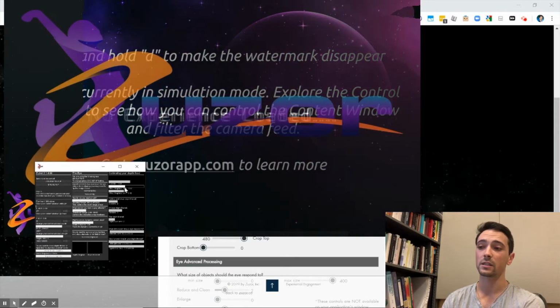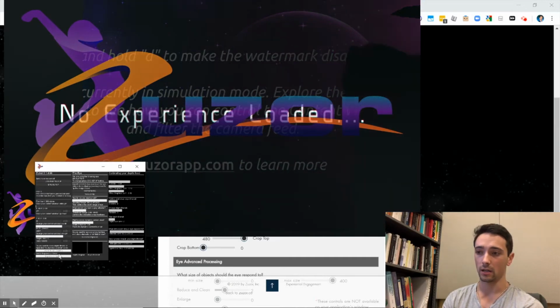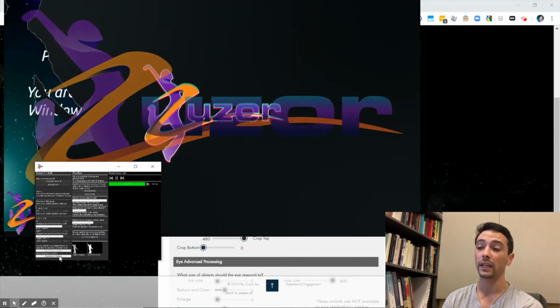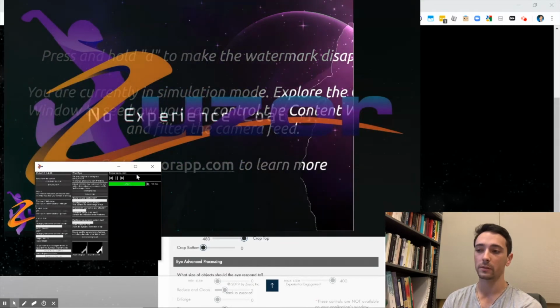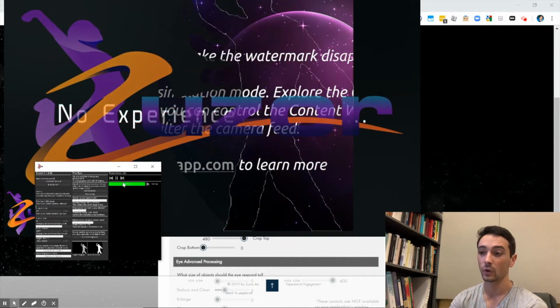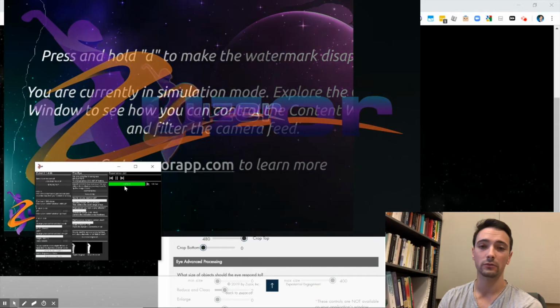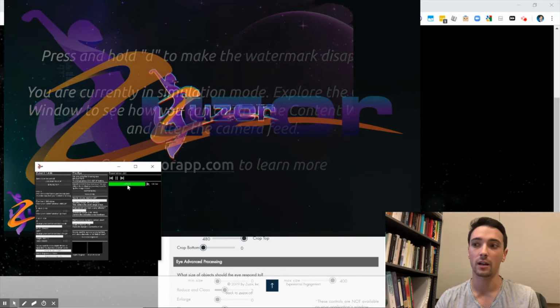Now you can see all the experiences queued up by clicking the experience option. Here again, we have the default experience. When you push more experiences, you'll see them queue here. Cool. Now you know a little bit about the control window, and now we'll go more in depth on the content